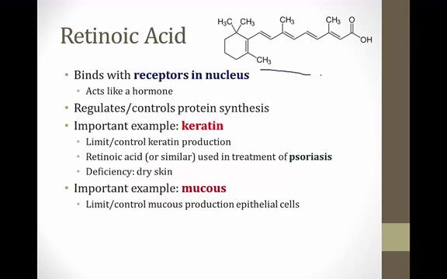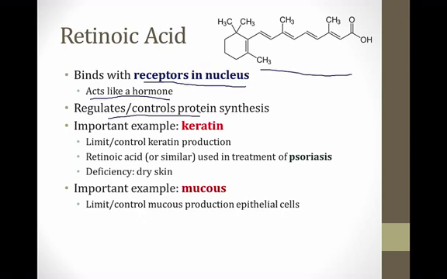Shown on the screen is the structure of retinoic acid. Retinoic acid is responsible for many of the non-visual functions of vitamin A. Retinoic acid works by acting like a hormone. It binds to receptors in the nucleus of cells, and it regulates or controls protein synthesis. And in the literature, you can find many examples of the effects of retinoic acid on protein production inside of